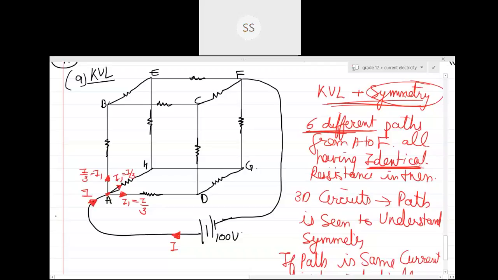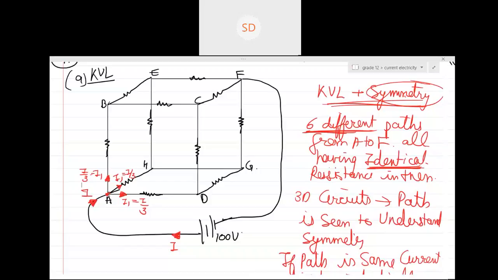Is this the first concept of symmetry? Can you just explain again how it's I1 in all three edges? See over here, when you go to point A, how many paths are you seeing? Three paths: AD, AH, AB. Good. So when you choose the path AD, when you reach that point D, how many paths can you see?